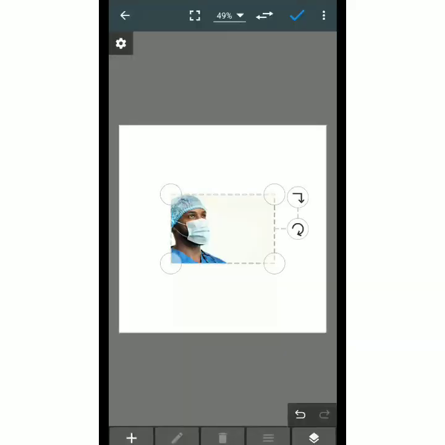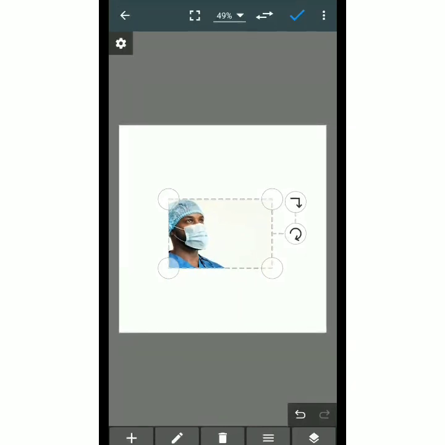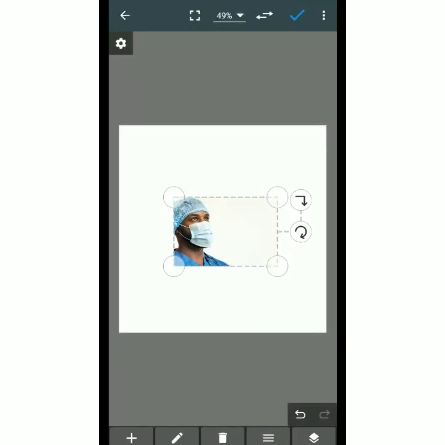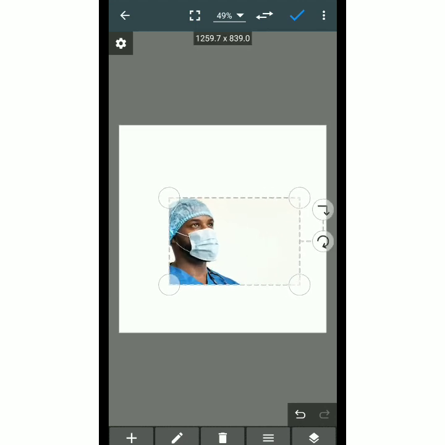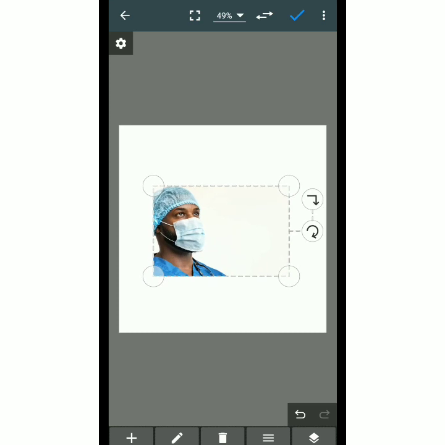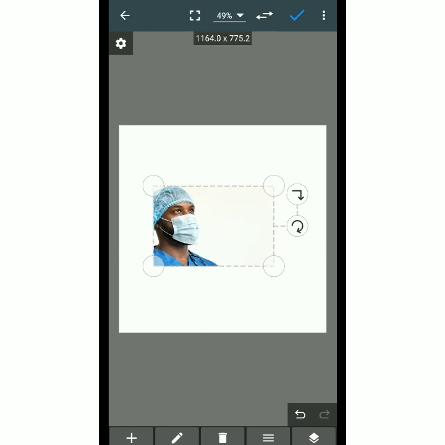Hey guys, I want to quickly show you how to properly crop an image using PhotoEditor. Now I've inserted my image on my sheet. Now I want to resize this image into a perfectly